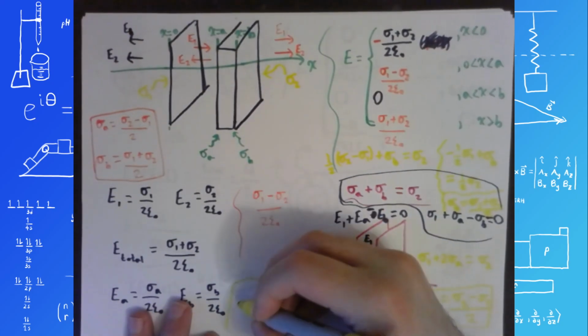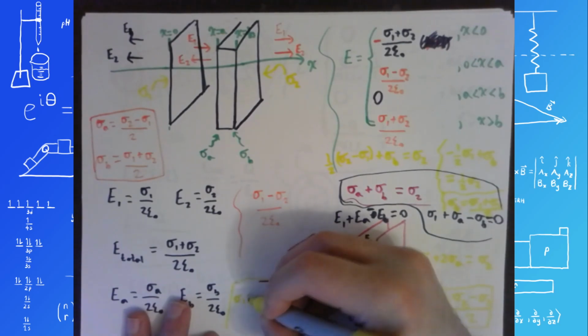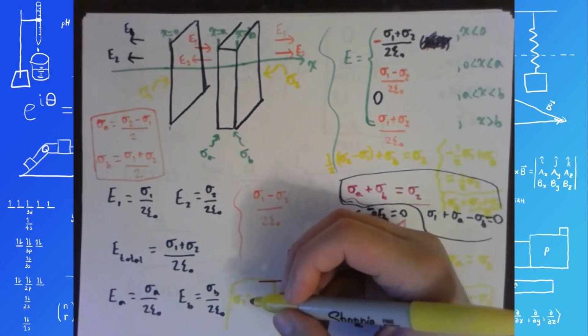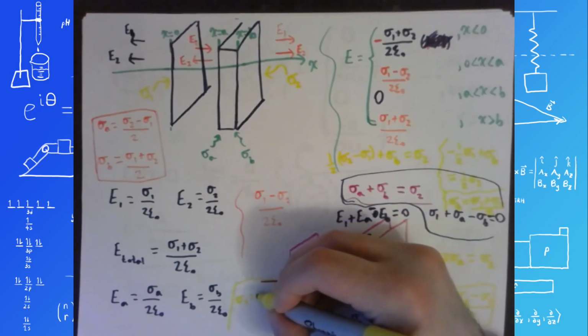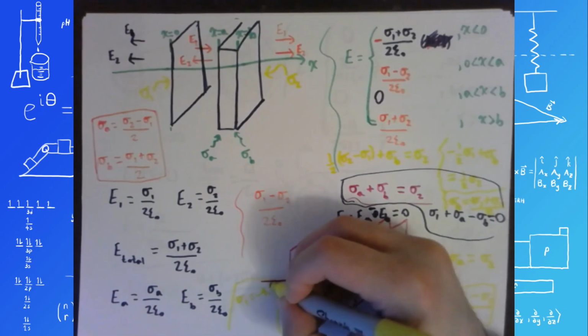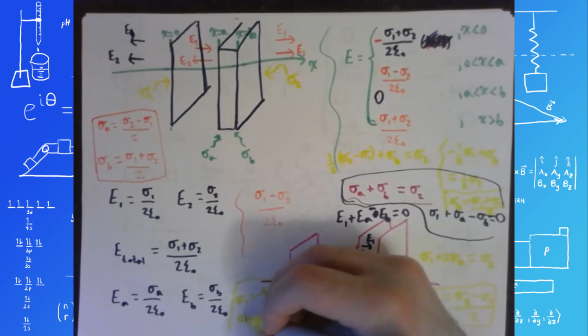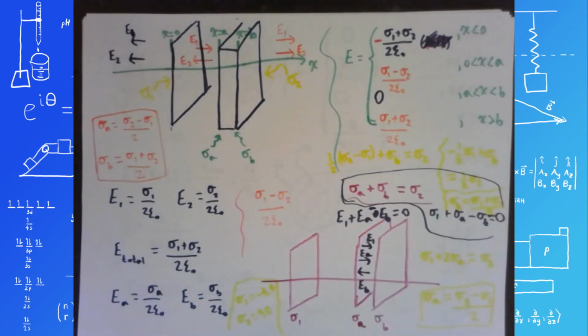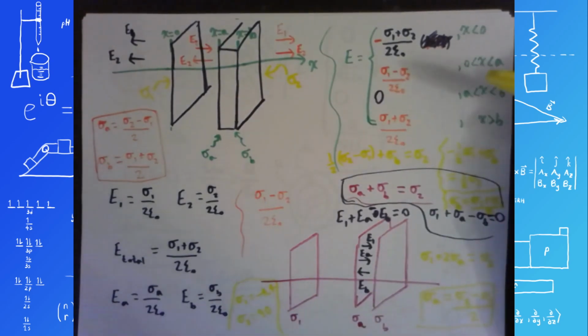I'm not going to worry about the fact that they're microcoulombs, I'm just going to say negative 4.4 units, and sigma 2 was positive 90 units. Okay, so if I substitute in those values, I'm going to get,